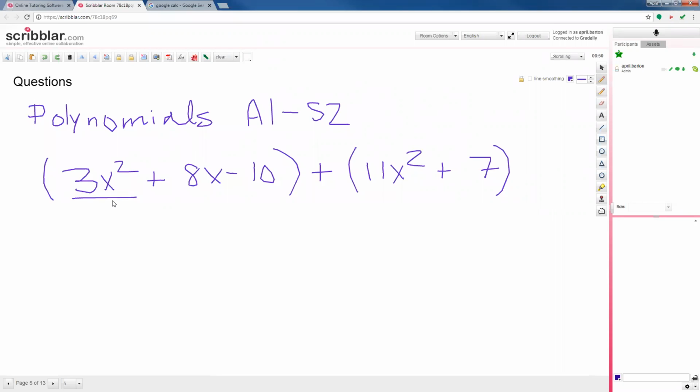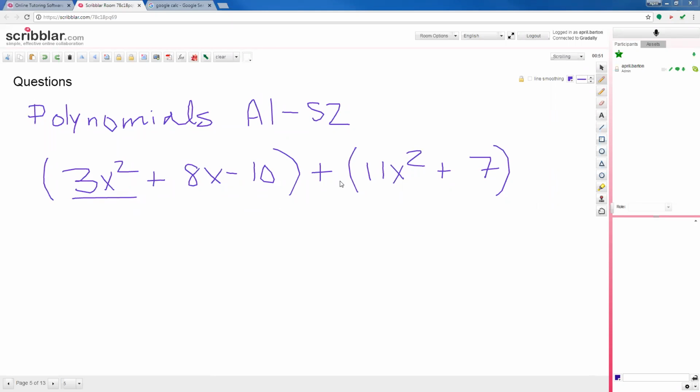And I did have another question. We'll get to it when we're done with polynomials. So what's your like term to 3x squared? And I'm going to go ahead and mute whoever's microphone is on. Unless you're going to answer a question, let's keep you muted so there's no background noise. What's our like term to 3x squared? Where's the other x squared in either polynomial?